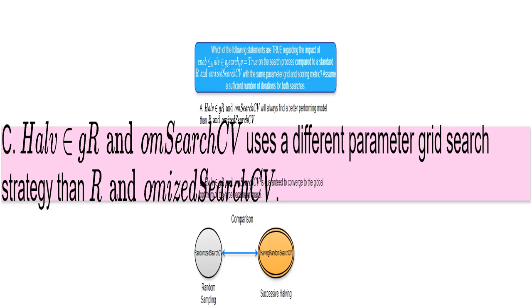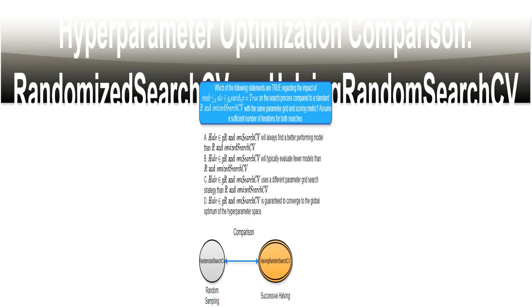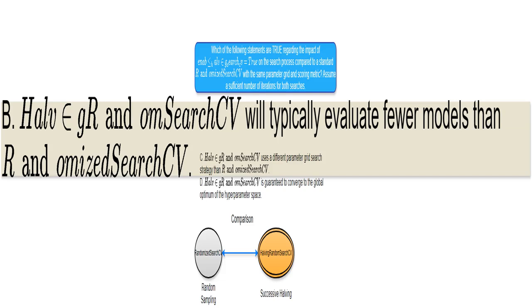the true best. This is also false. Both involve an element of randomness, so the results may differ between runs. HalvingRandomSearchCV is usually more efficient in the sense that it evaluates fewer models, but it doesn't always yield a better model. This statement is true, because